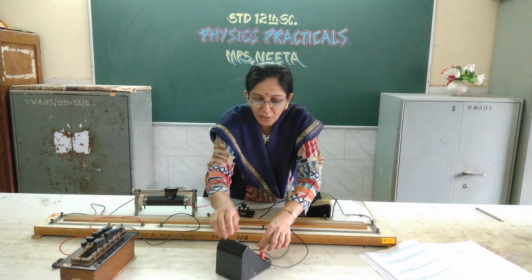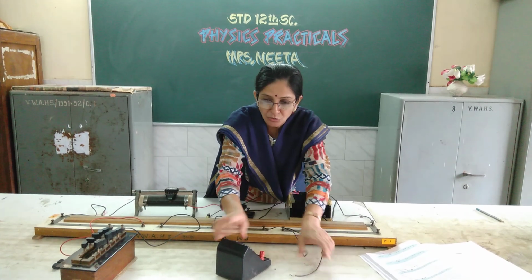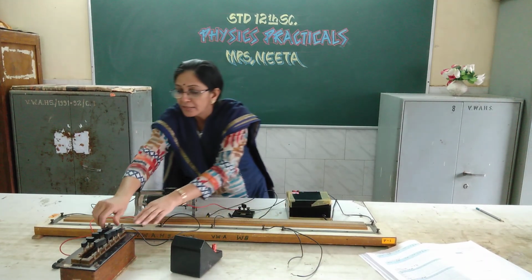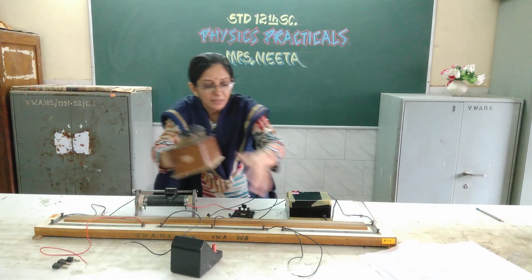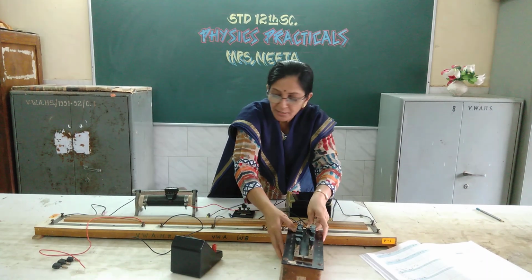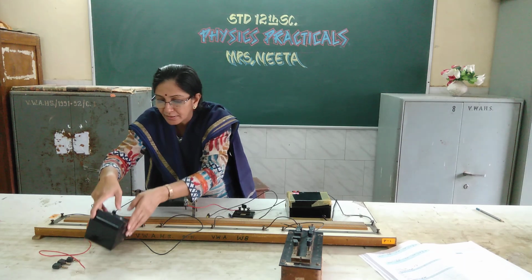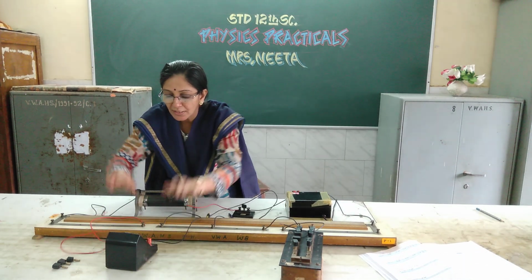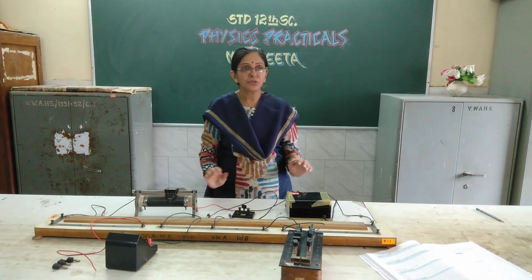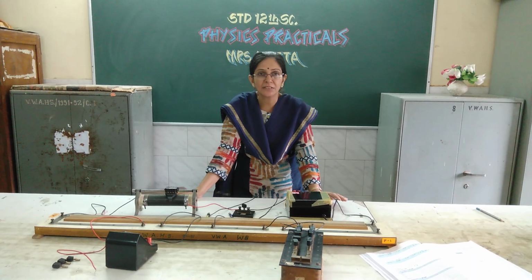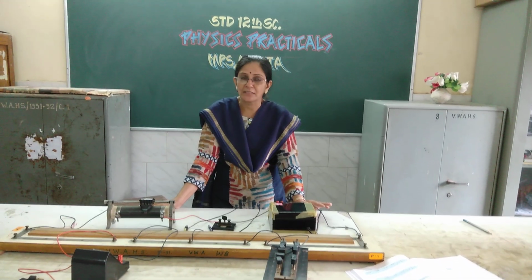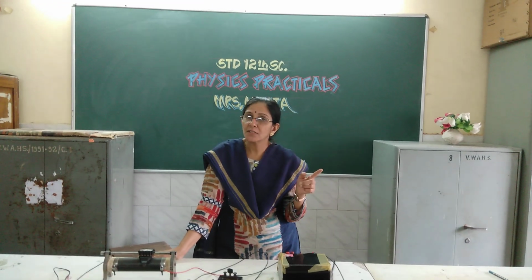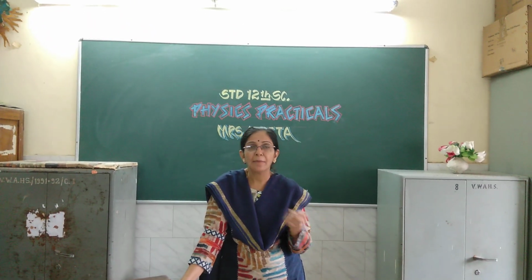That means, what? You only have to remove the resistance box from here and the galvanometer from there, and put the galvanometer here and the resistance box there. Okay, like this. So again connect here the 2 wires. Again connect the galvanometer here. Like this we have to make the connections. And the same procedure, whatever we had done in the previous case, we have to repeat and take the 4 readings.